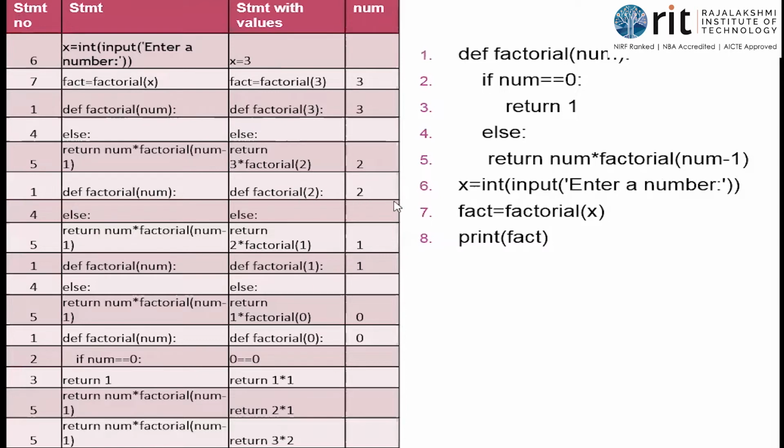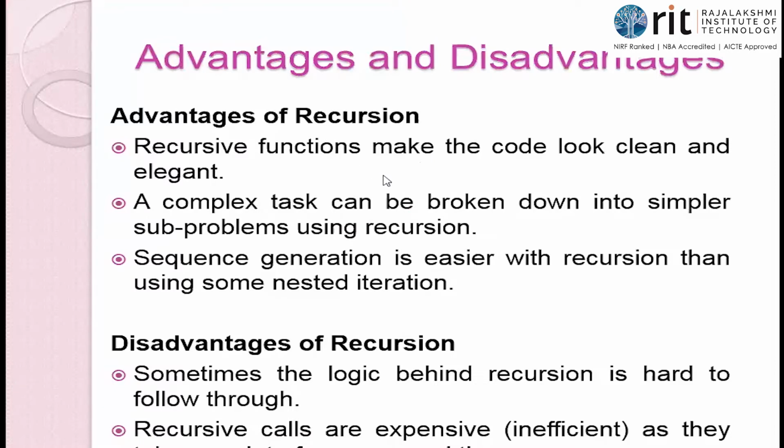Then what is the next line that gets executed? Seventh line. See, I put it in the table. fact is equal to factorial of 3. Now the function call comes. When the function call comes, I should go to the first line. So I'm going to execute it. num becomes 3. Then you're going to get into the second statement. The condition fails, so I'm getting into the else part. Look at the table, else. There should be a tab space there. Let me give that.